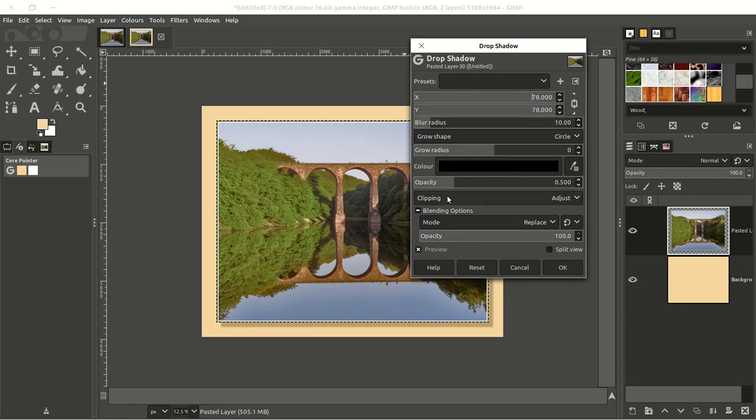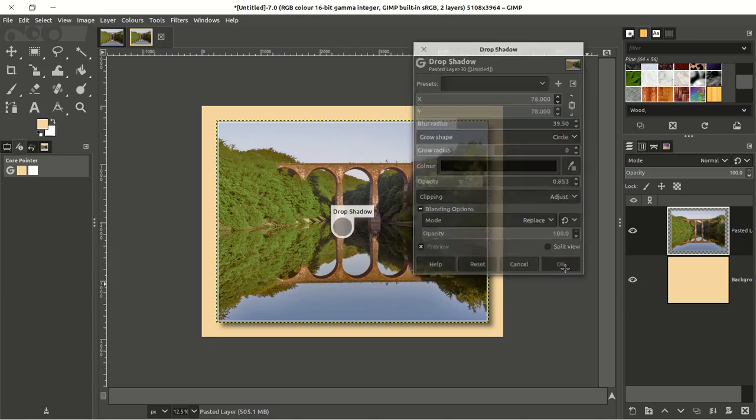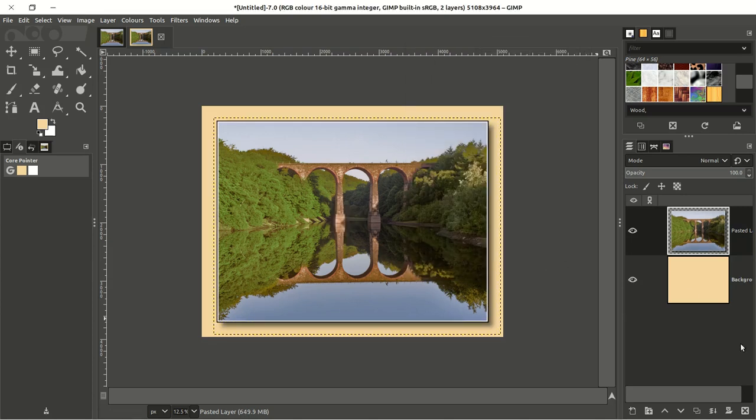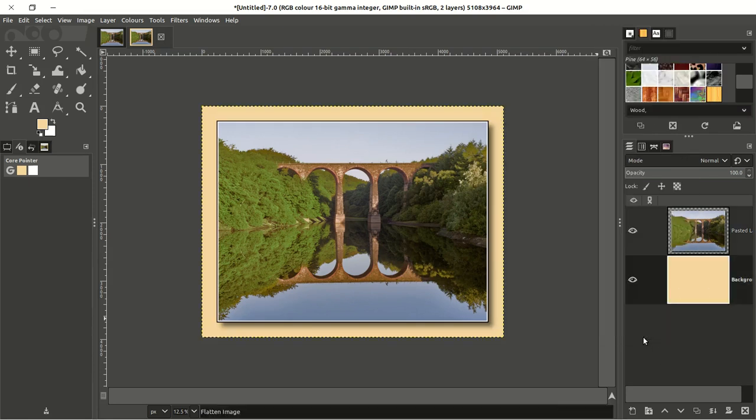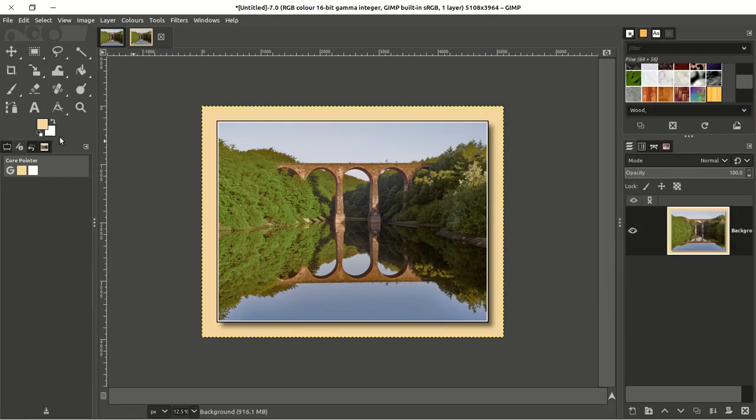I'm going to increase the opacity. You can see that the drop shadow has appeared here. I'm going to increase the opacity, so something like that, and then I'm going to increase the blur radius to soften it up a bit. That's what I like. Click OK, and all we have to do now is right click and flatten image, and then do File and Export as,